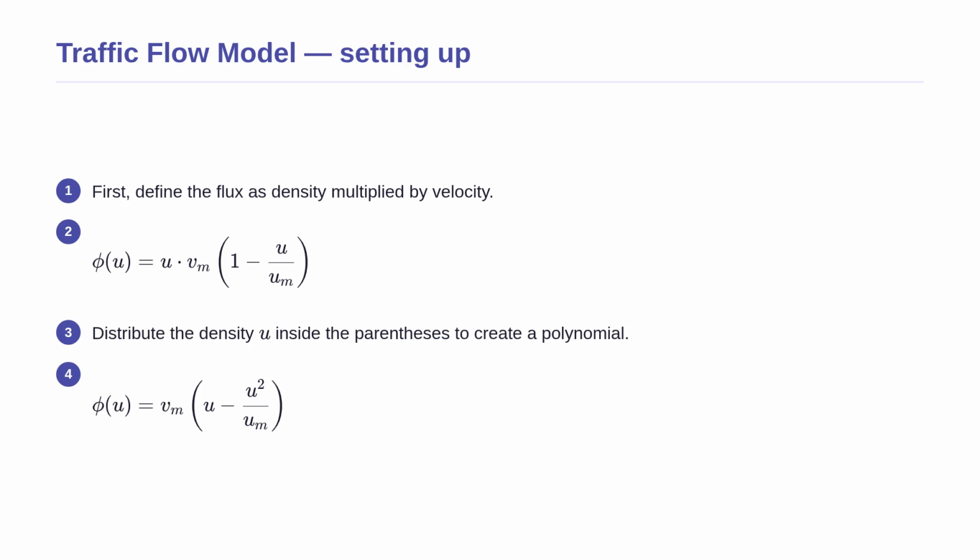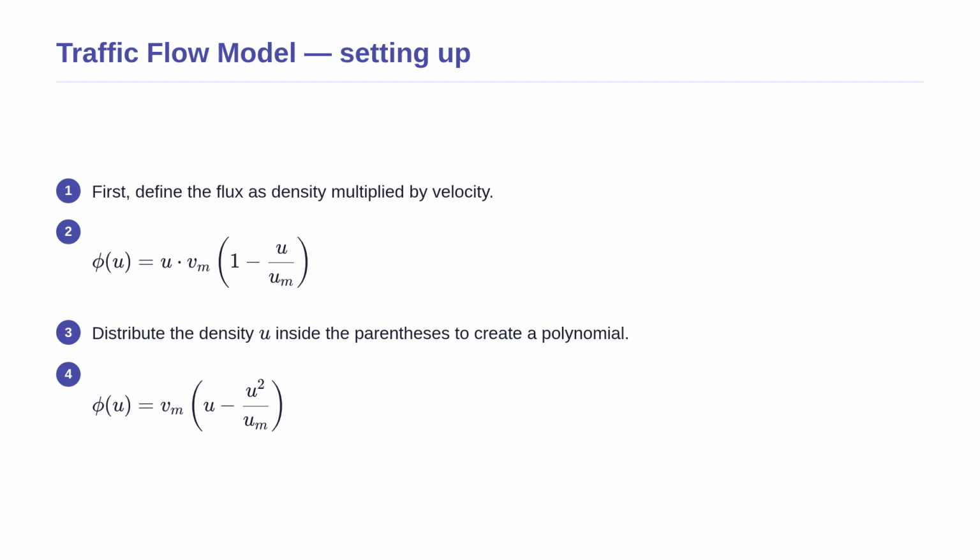To find our governing equation, we first need the flux. We calculate this by multiplying the density u by the velocity formula we just established. This flux represents the total number of cars passing a specific street lamp every single hour. To make the upcoming calculus steps easier, we will distribute the u inside the parentheses. This gives us a simple expanded algebraic form of the flux equation, which is a polynomial that is much easier